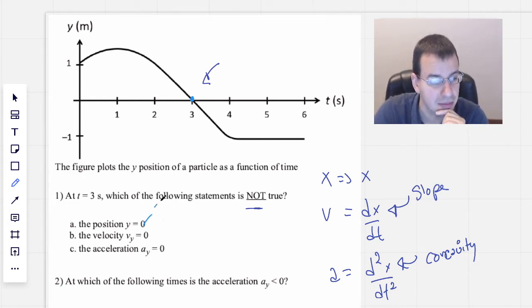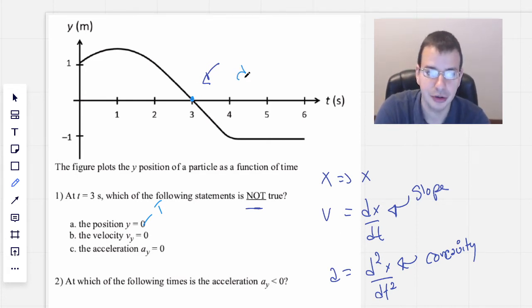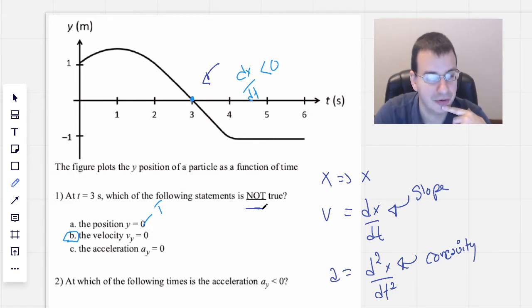The velocity, probably write a little t there. Velocity is going to be the derivative of x with respect to time. I say x, but I really mean y, just position with respect to time. So that's going to be the slope. In this case, we see it's negative. So dy/dt, I know, my y's even look like x's, which makes everything even more confusing. Less than 0, negative slope. So this will be not 0. It'll be specifically less than 0, which makes it false, i.e. not true. The acceleration